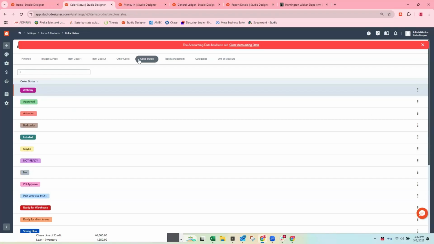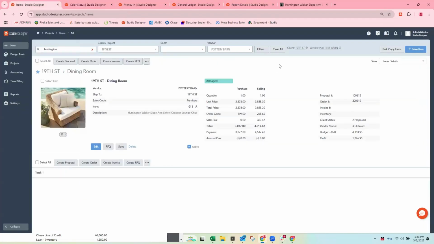But think of colors as a management tool. How do you want to utilize colors? There's probably a webinar in terms of project management tips and tricks, or software tips and tricks. But colors are a really great addition to your office workflow and processes. I love a color for installed slash invoiced. It's an indicator for everyone on the team, all the designers and accounting, to look at this item.